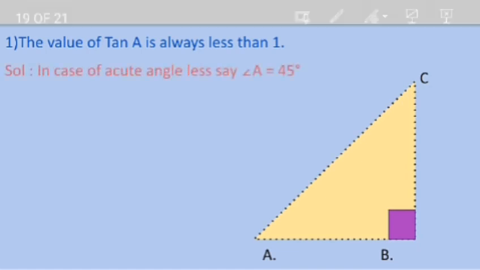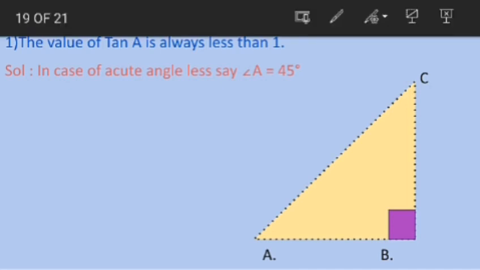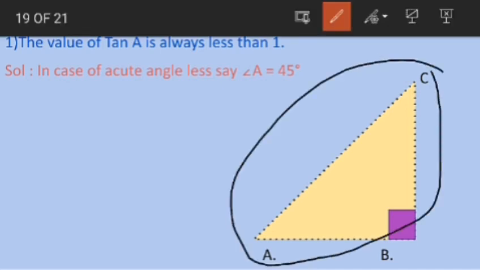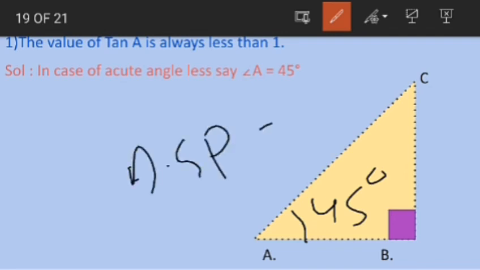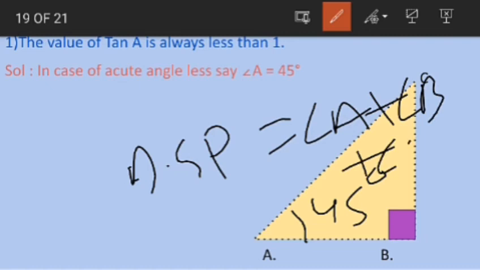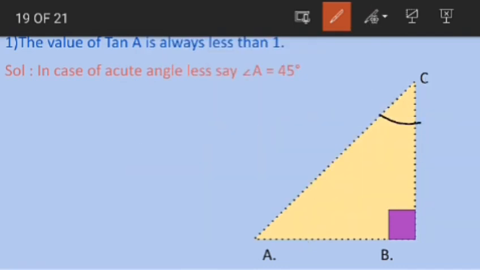Now class, here we are taking the triangle ABC. Here you can see that we have taken a triangle ABC. For instance, we are assuming that angle A is 45 degree here. If you use the angle sum property, which says that in a triangle the sum of the three angles A, B and C is going to be 180 degree, and we have angle A 45 degree and angle B 90 degree, so your angle C is also going to be 45 degree, that is this angle is also 45 degree and this angle is also 45 degree.